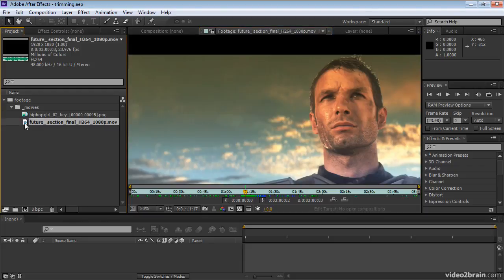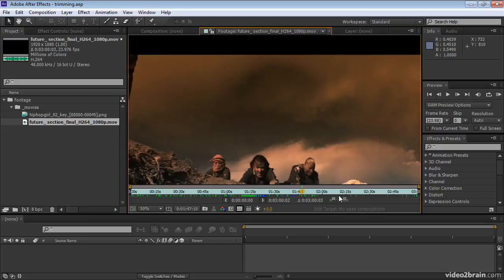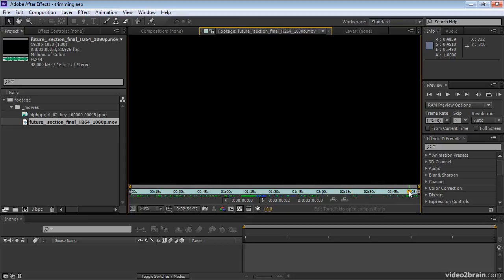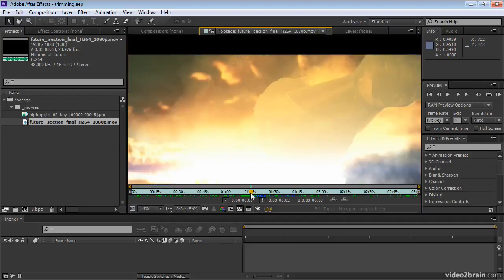Begin by double-clicking a footage item in the project panel to open it in a footage panel. Notice this is a rather long movie, about 3 minutes long, but we only want to use a piece of it. So let's go to